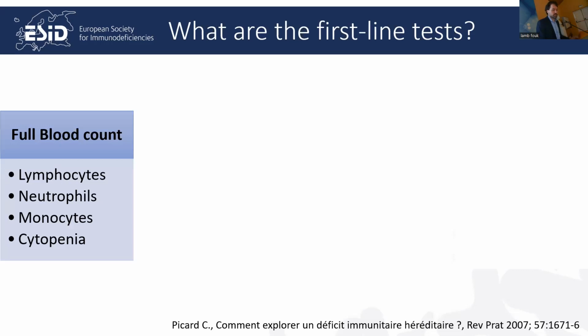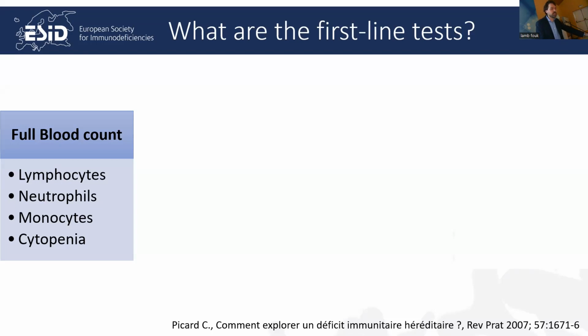One of my mentors during my training was Capucine Picard in Necker, who published this, unfortunately only in French, but I really like this review. And so this is how she teaches how to do it. So it's hers. And so I start by the full blood count, which is probably one of the most interesting things, because you can look at the number of lymphocytes, number of neutrophils, so neutropenia is already ruled in or ruled out. Look at the number of monocytes, because there are defects that are specifically on the monocytes,